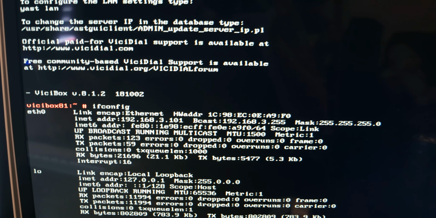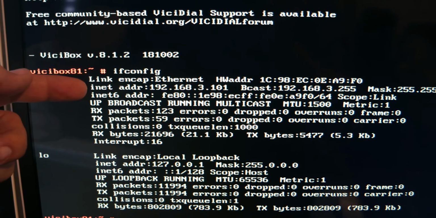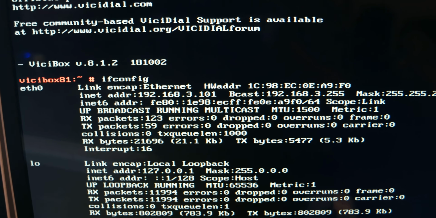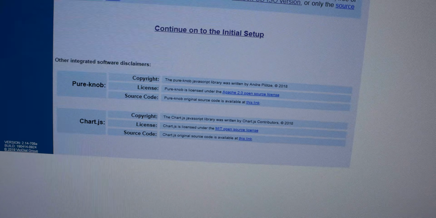And here you're going to see a lot of information, but what we care about is this inet address. So you can see ours is 192.168.3.101. So now if we go to our other screen here and open up a new tab,